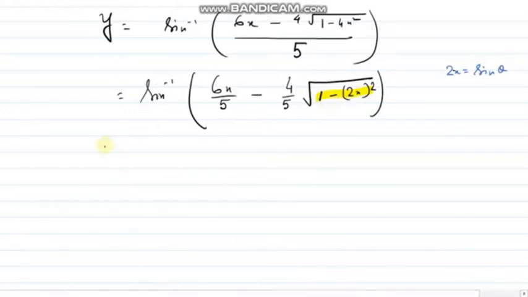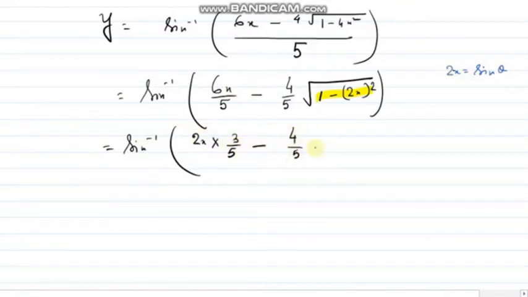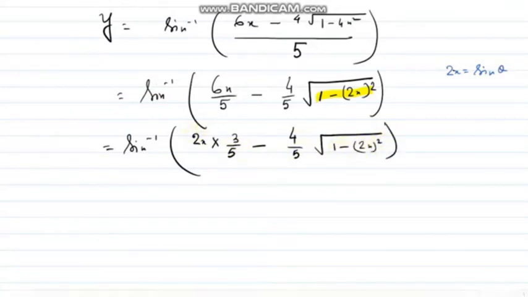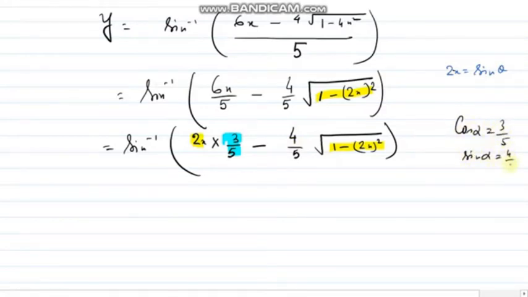So if I further simplify, as 2x is already taken, I will take 2x from here. It will be 2x into 3 by 5 minus 4 divided by 5 into root over of 1 minus (2x) whole square. Now check, 2x is my one term. If this is sine theta, this will become 1 minus sine square theta, hence cos theta. Can I imagine this term as cos alpha? So if cos alpha equals 3 divided by 5, do you agree that sine alpha will be equal to 4 divided by 5?